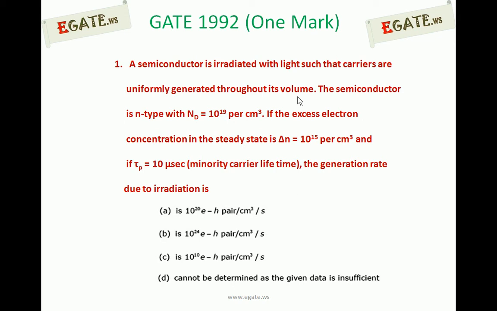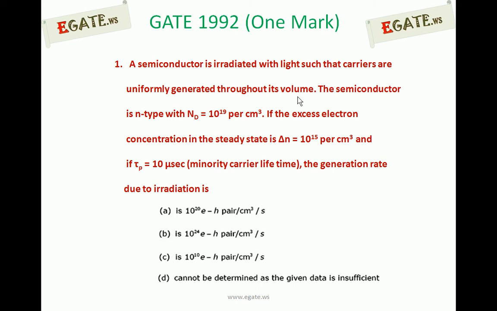A semiconductor is irradiated with light such that the carriers are uniformly generated throughout its volume. The semiconductor is N-type with a donor concentration of 10^19 per cm³. If the excess electron concentration in the steady state is 10^15 per cm³, and if tau p is equal to 10 microseconds minority carrier lifetime, the generation rate due to irradiation is